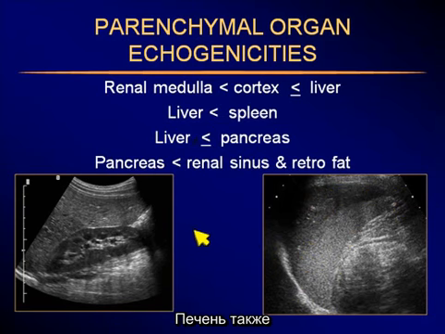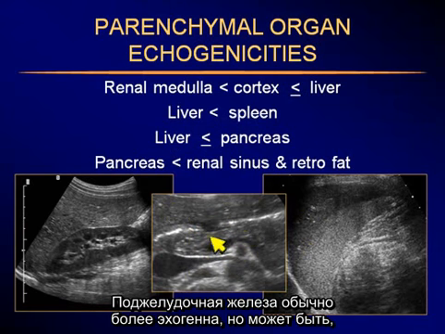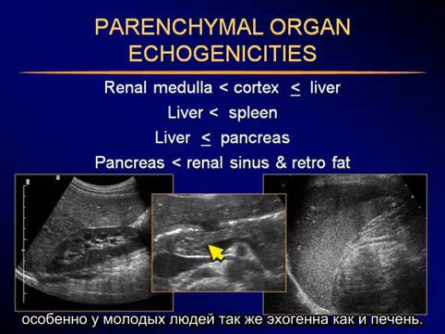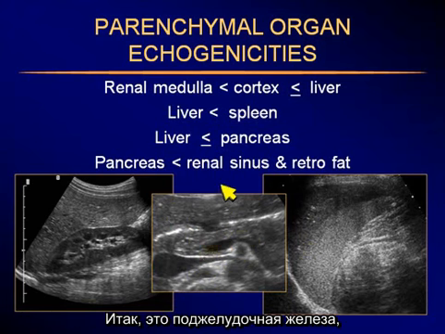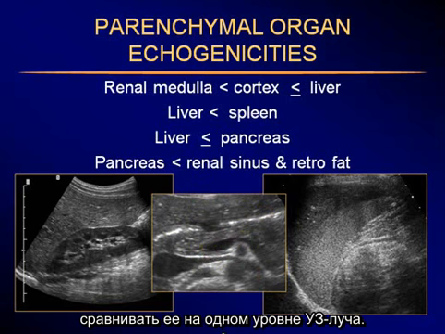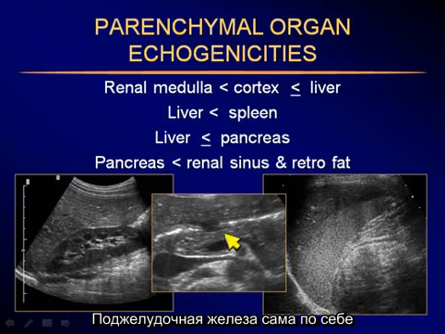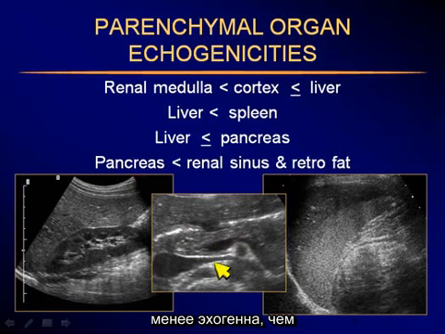The liver is also less echogenic or equal in echogenicity to the pancreas. Pancreas is usually more echogenic, but they can be equal, especially in younger people. So here is pancreas, and here's the left lobe of the liver, and they're fairly equal. When we compare echogenicities, we should be comparing at a similar depth of the beam. Oh, and one more thing here, that the pancreas itself is less echogenic than retroperitoneal fat, which is hyperechoic,